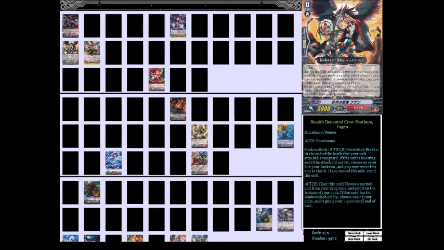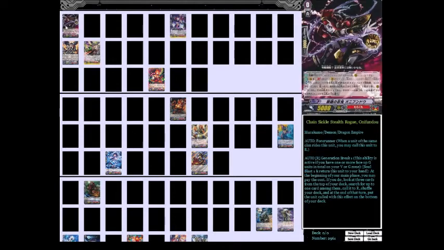Generation break 1. At the end of the battle, if this unit is boosting and the attack did not hit, choose an open rear guard in the back row. Oh! So I get a free support, basically. Choose a normal unit from your drop zone, put it in the bottom of your deck. If that card has a shadow switch ability, choose...